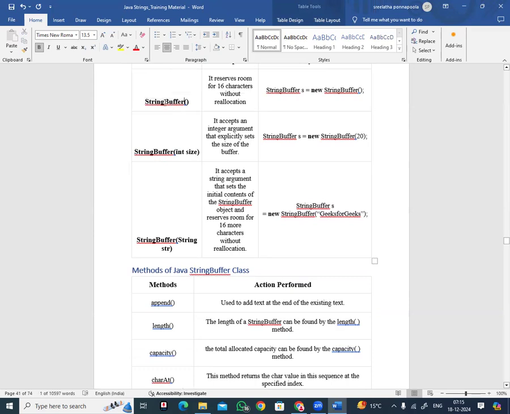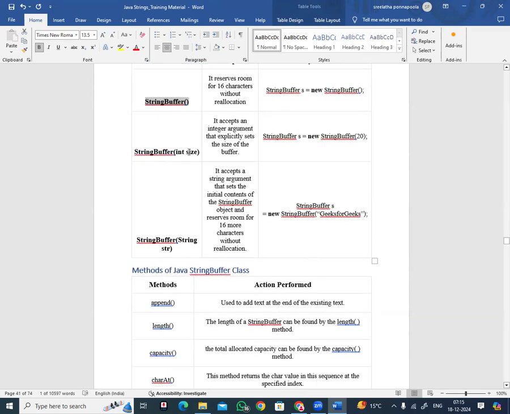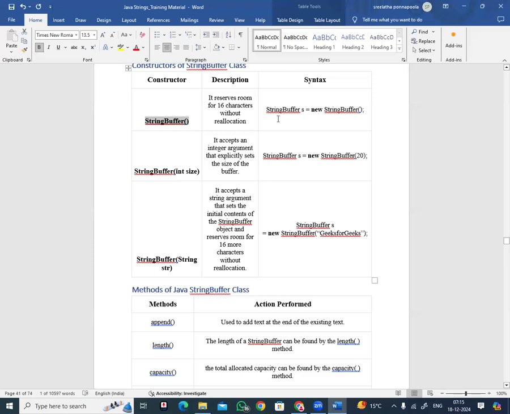So constructors means using the class name we write a method, that is called a constructor, and using the class name we can pass one parameter, a size, which is integer type. See, the syntax of a StringBuffer constructor is StringBuffer sb equal to new StringBuffer. That means we are